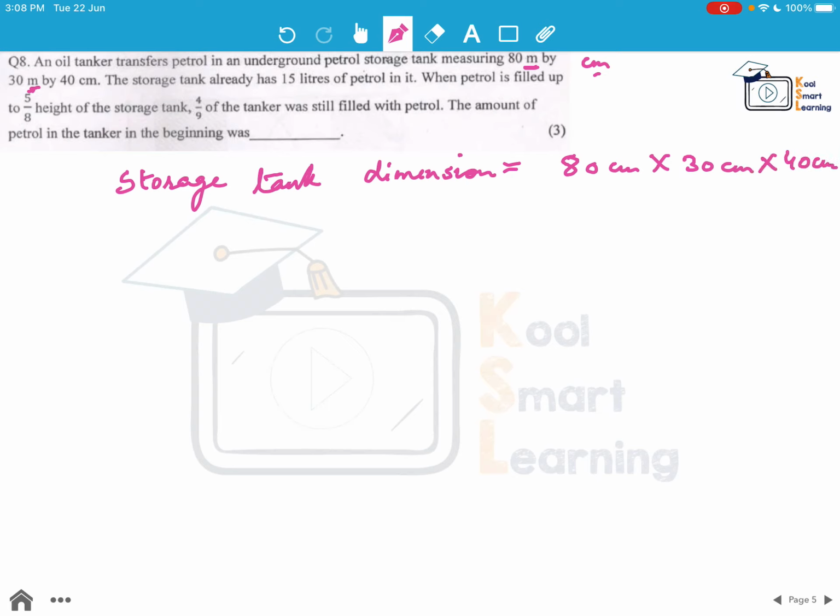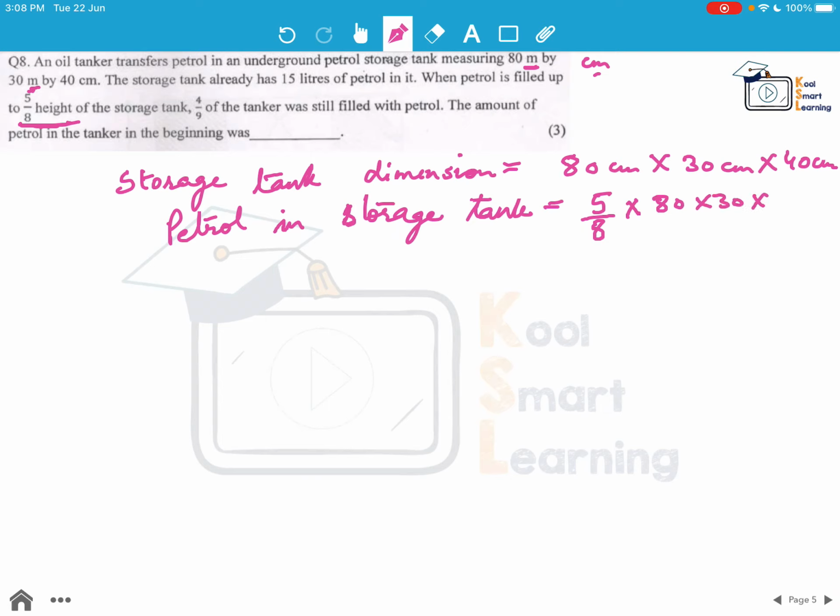Now petrol in the storage tank is filled till 5/8 of the complete height of the storage tank. So 5/8 into 80 into 30 into 40. So this comes out to be 60,000 centimeter cube, which is 60 liter of petrol in the tank